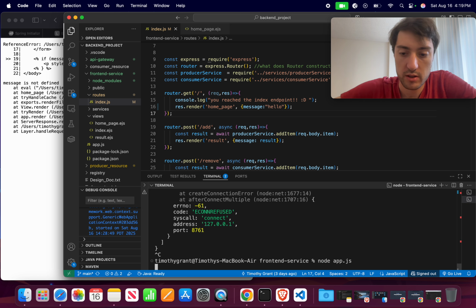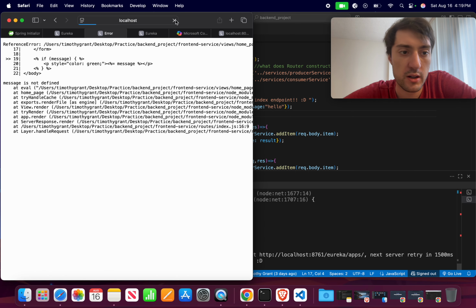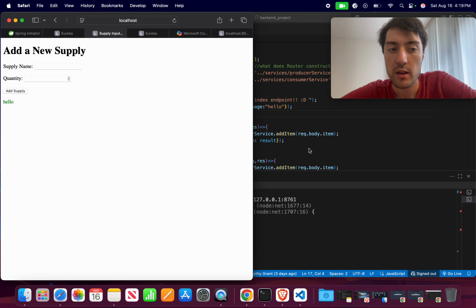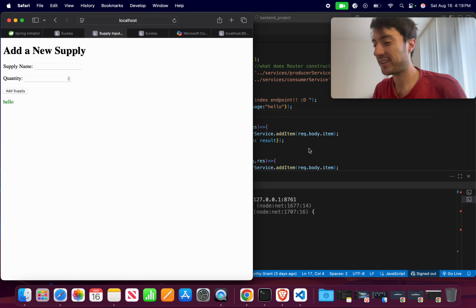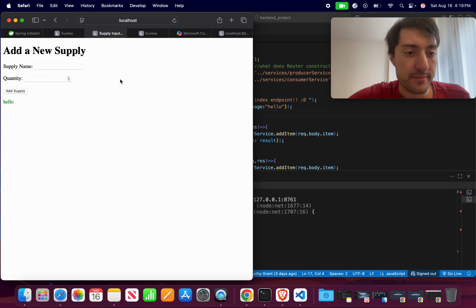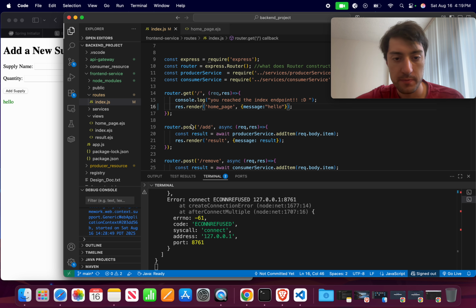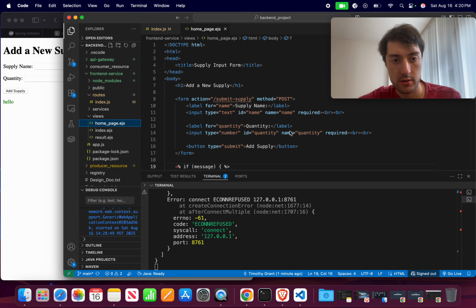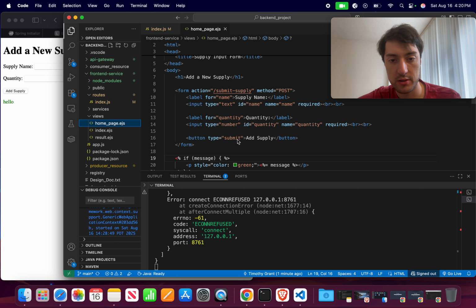Front-end service, and I want to run this one, and I want to come here and see if, there we go. Okay, awesome. Cool. That's awesome. Okay. So now I want to actually come in here, in my home page, okay? My home page, I want to